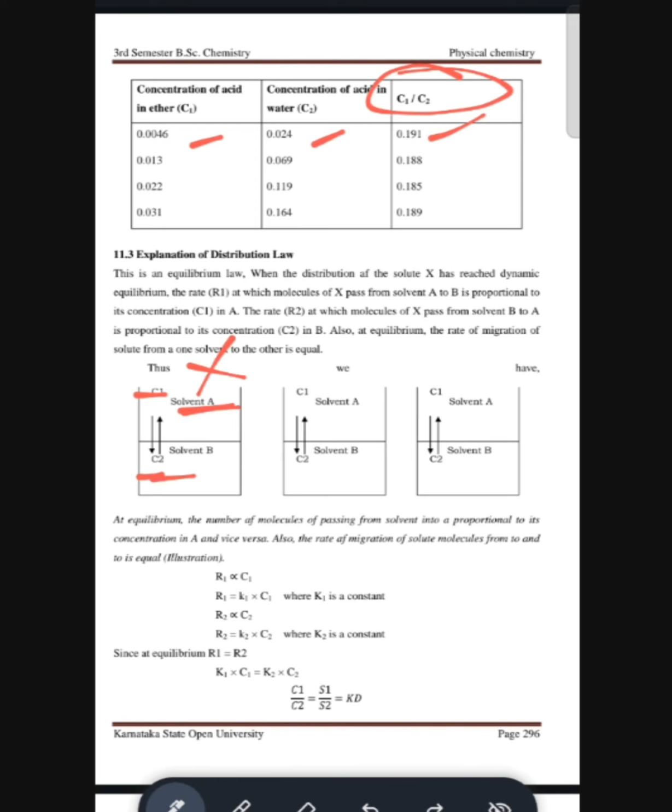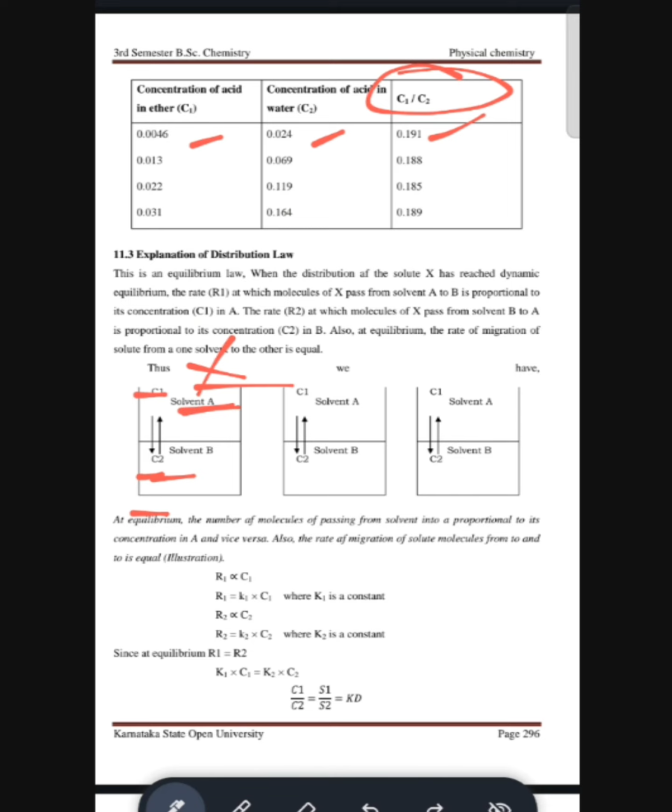The rate of migration of solute from one solvent to the other is equal. It will be equally distributed when you add an acid or whatever it may be. When you add a solute to two immiscible solvents, it will be equally distributed between the two solvents. So that we are going to see in this experimental part. At equilibrium, the number of molecules of